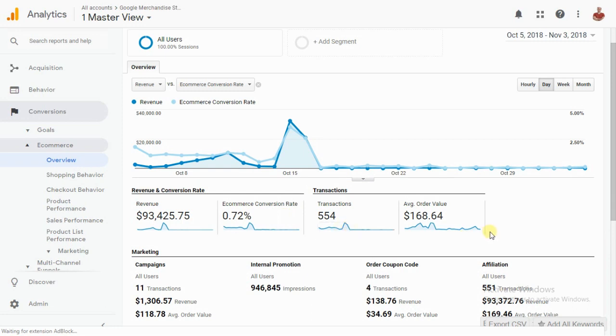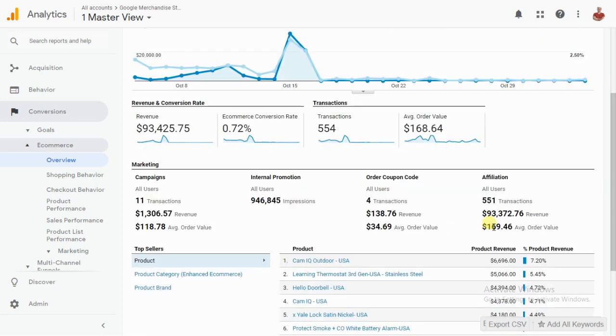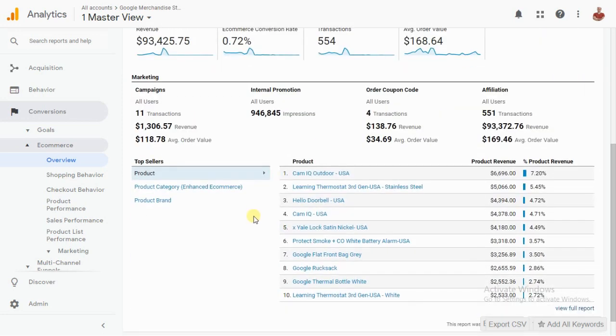We have the graph and the comparison between revenue and e-commerce conversion rate, and we have the total revenue, the e-commerce conversion rate, the transactions made for this month, and the average order value, which is $168. We have also